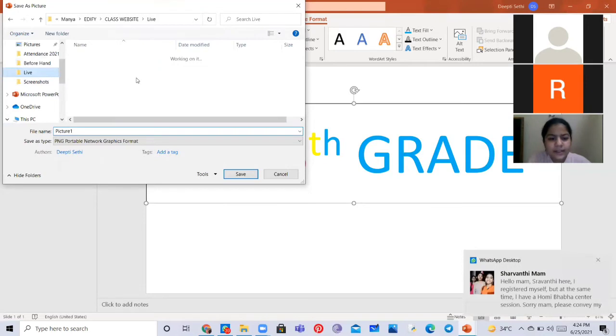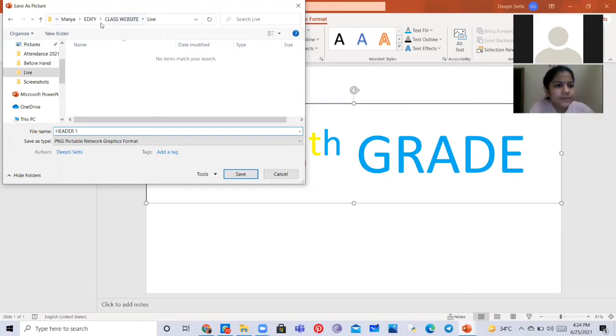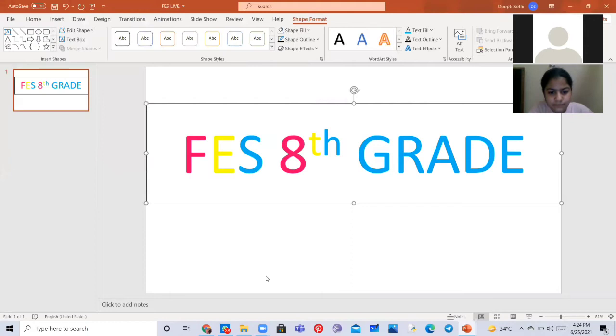You can even create a folder and save it with the header name, header 1. I have already created the live name folder in my class website folder. Then we are going to name it header 1 and save it.